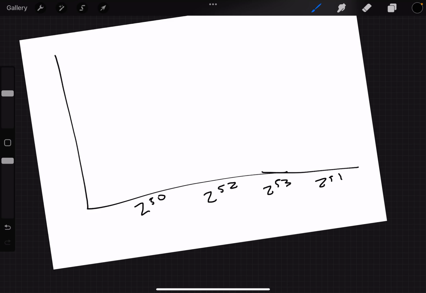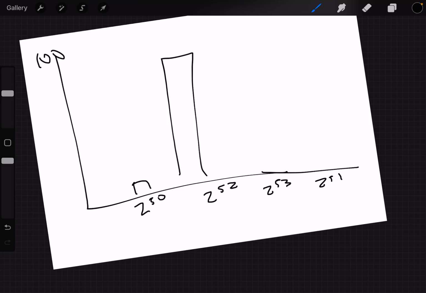And since Z50 is the smallest, it's going to be out of 100, so you're just going to graph it like this. Z52 is one of the highest, it's going to go up there. Z53 is smaller. Then Z54 is the smallest. So essentially that's it, but make sure to label the